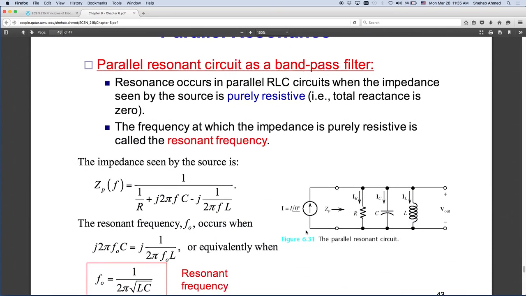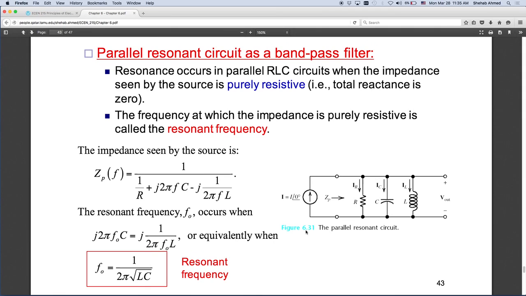Parallel resonance is exactly the same, but just the equation is a bit different, the equation for the impedance. Here, how do you add impedances in parallel? 1 over Z equivalent is equal to the sum of 1 over the impedance of each branch. So if you bring this 1 over Z here, it's equal to the impedance